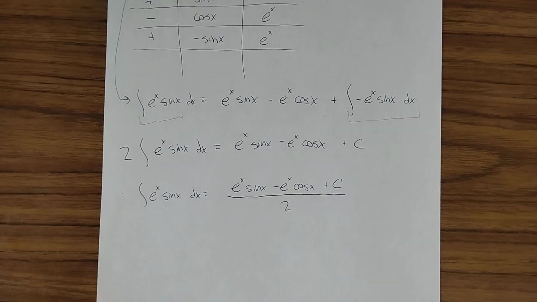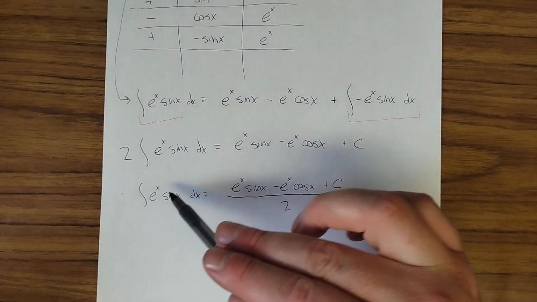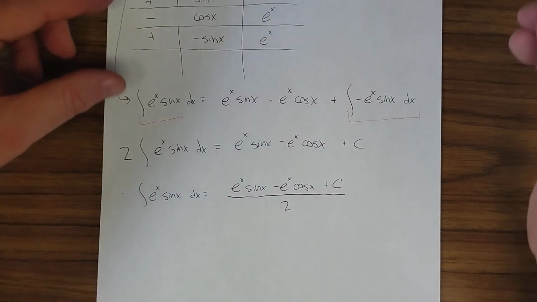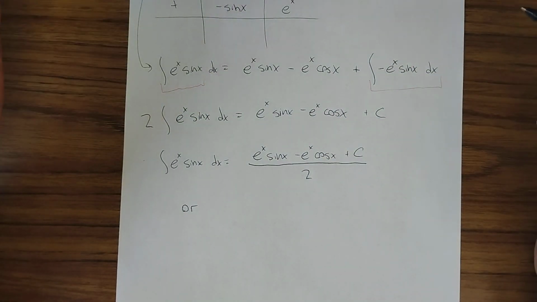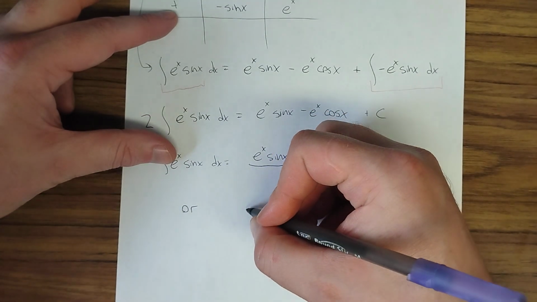And so we're basically done. What I wrote is maybe a little bit silly. Usually when I have an integral, I just write plus C. This has a C over 2. There's really nothing wrong with that. I could rename this constant. Instead of using C over 2, I could say